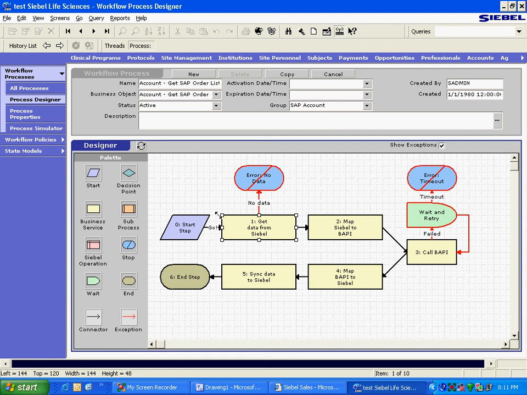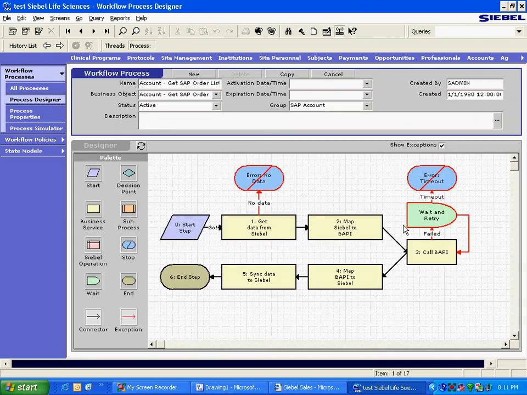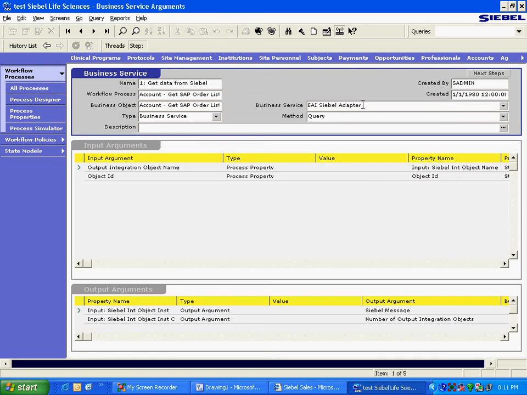And I'm sure you must have heard that real-time integration is done using Siebel EAI, and Siebel EIM is used for batch integration. So all that is basically embedded as part of EAI. If you look at this one also, this is the EAI Siebel adapter. This workflow is also about sending data to SAP. This BAPI is, I think, SAP technology for integration, right? iDocs and all those. So at the heart of this particular box is the EAI adapter of Siebel. Siebel out of the box provides the adapter. You can combine it as part of a business service, and a business service can be involved in workflows.